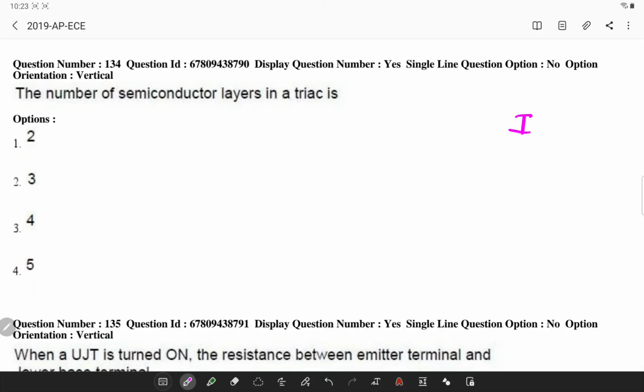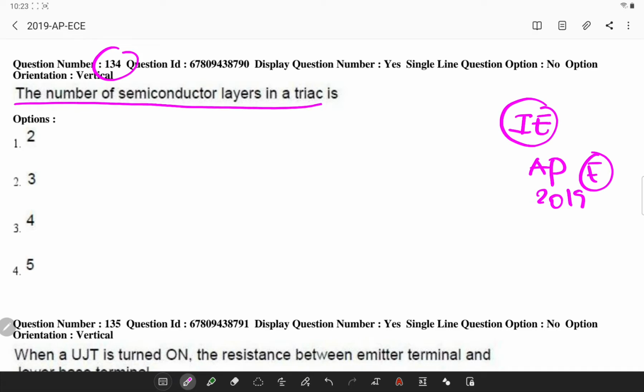Let's solve questions related to industrial electronics in the AP ESET 2019 question paper. The first question: the number of semiconductor layers in a triac is... if you draw the block level diagram